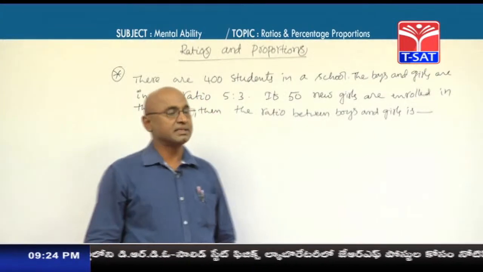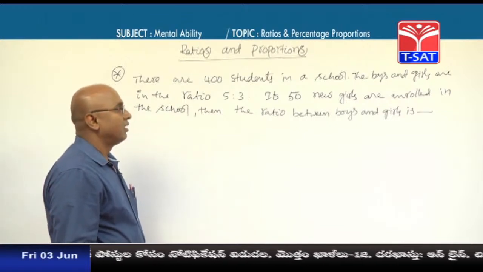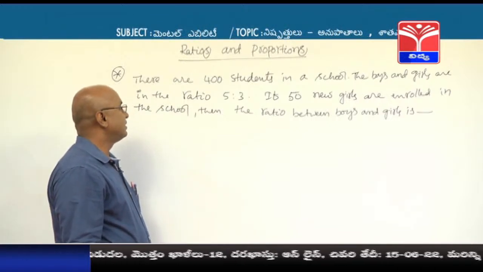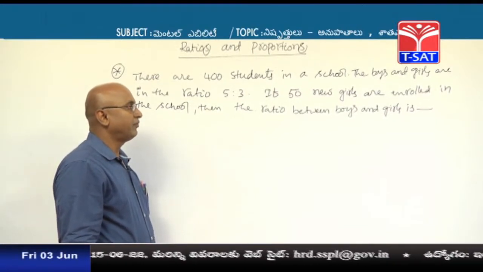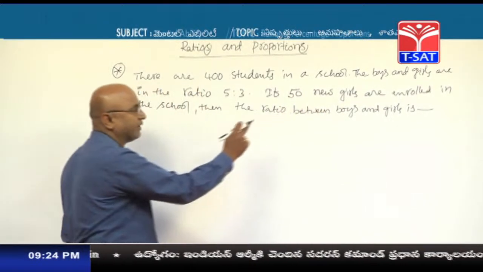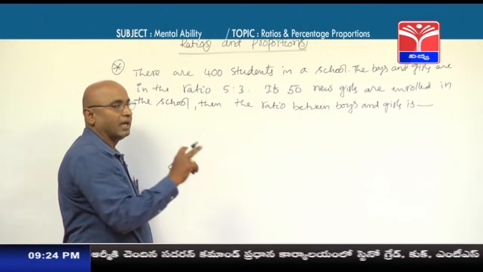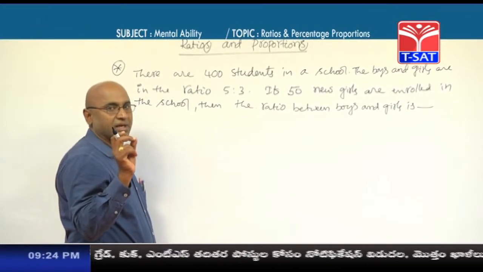Now the next problem is: there are 400 students in a school. The boys and girls are in the ratio 5:3. If 50 new girls are added or enrolled in the school, then the ratio between boys and girls is,